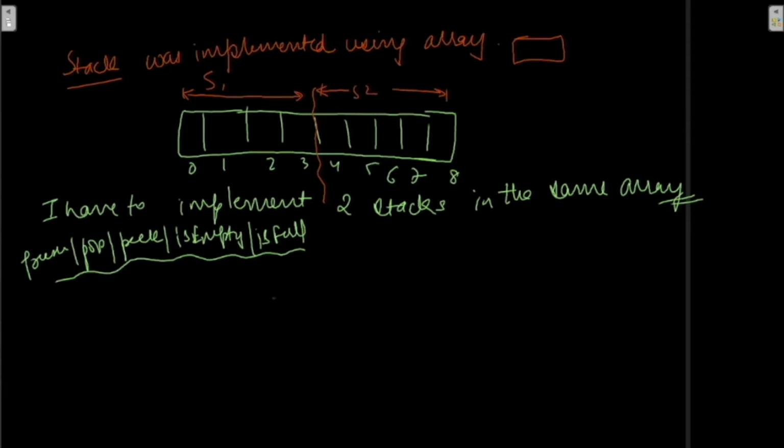But suppose S1 is more active than S2. It means that in S1, the more number of elements you are pushing and popping. In the S2, it is less active, like less number of elements you are pushing or popping. Okay. So अभी उन्होंने इक्वली डिवाइड कर दिया, तो S1 ज्यादा चाहिए था, S1 को उतना नहीं मिला, और S2 को कम चाहिए था, उसको ज्यादा मिल गया। तो हियर यू हैव पुट अ कांस्टेंट, फिक्स कर दिया।